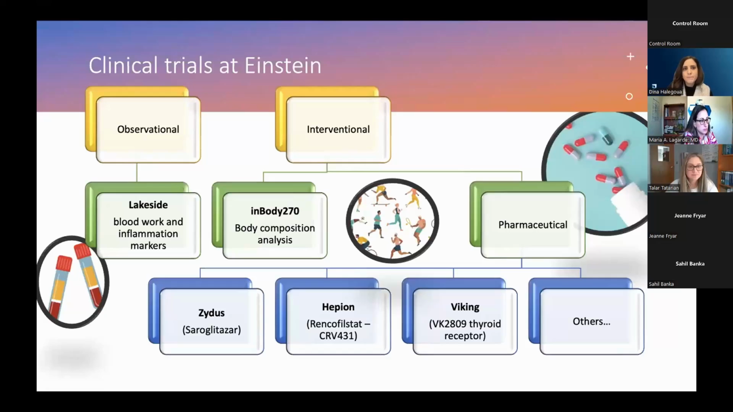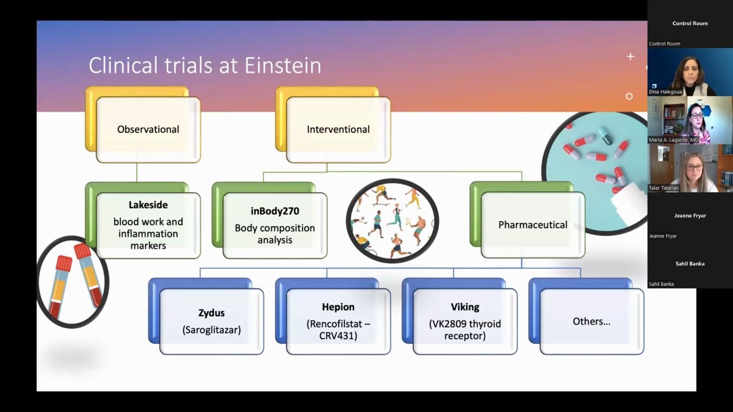Same at Einstein Healthcare Network. We have a team of researchers that help us identify patients. And then from there, in a discussion with your doctor or myself directly, we really think about which trial is best for you based on what you're willing to do and participate in, but also what would really be best in your stage of disease. So again, we have observational, meaning we just do blood work and check some inflammation markers,